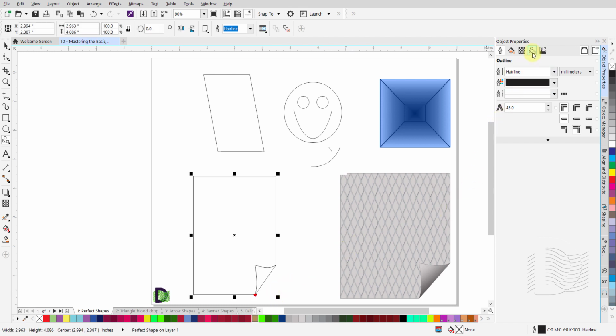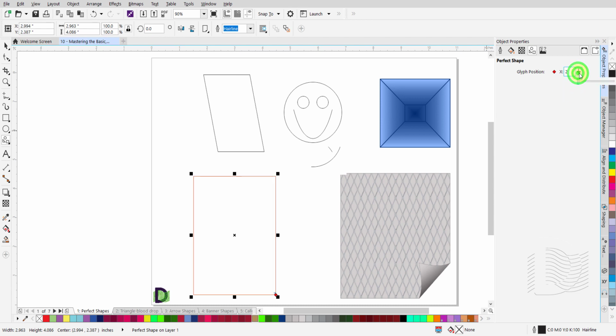From the Perfect Shape option under the Object Properties docker, move the slider back and forth and see the size of the turned corner increase or decrease depending on the direction of the slider movement. If you move the slider all the way to the left, thus getting an X value of 0, there is no turned up corner left. And if you move the slider all the way to the right, to increase the X value to 100, the size of the turned up corner increases to almost half the size of the sheet itself. Again, the blue lines give you a visual cue about the size and shape of that turned up corner.